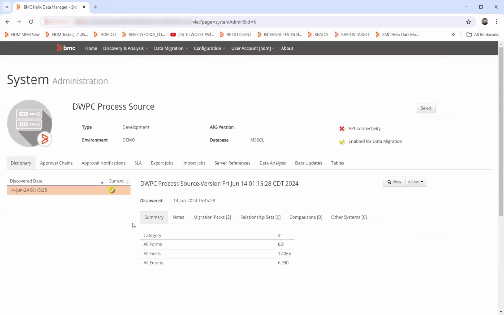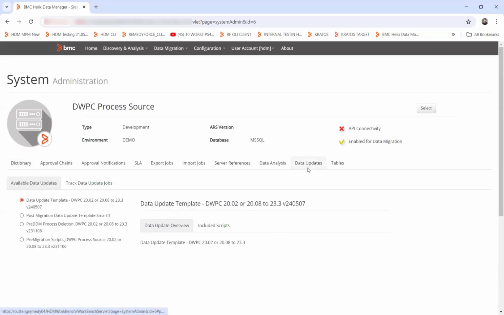As part of metadata imports, we import some data update templates related to DWPC, which are data update template DWPC 2002 or 2008 to 20.23.3 and pre-migration scripts underscore DWPC process source. So this is for